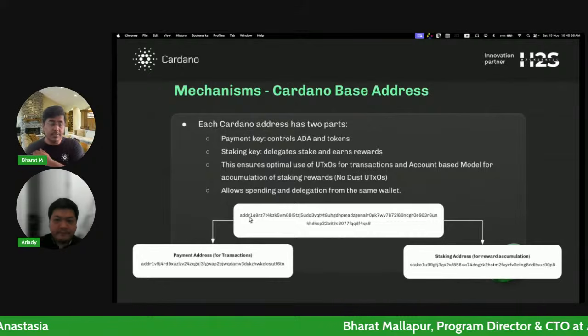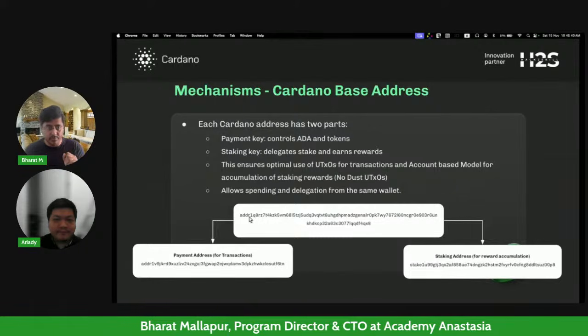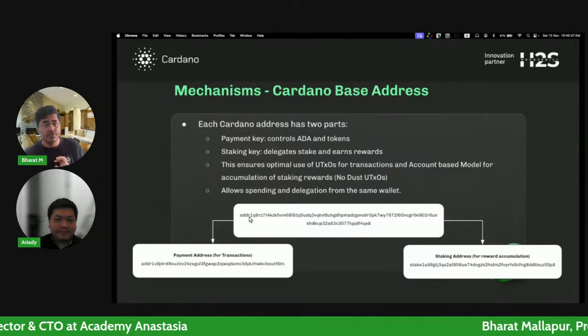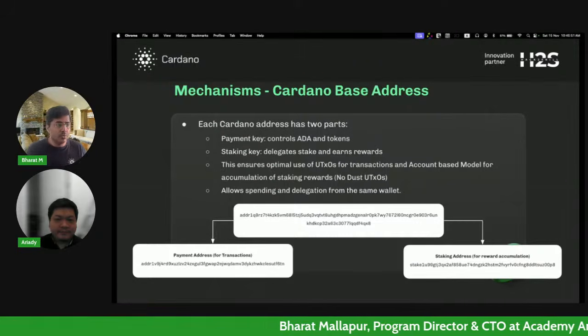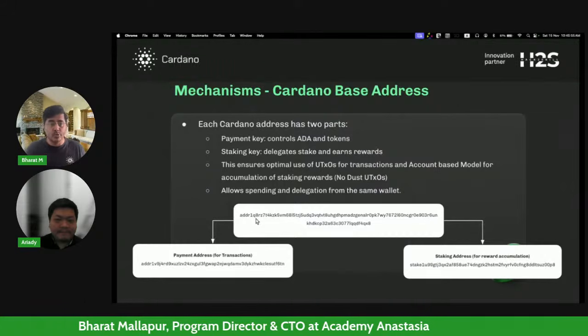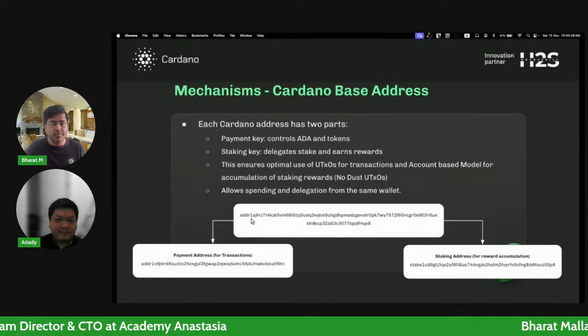As we'll see when we set up the testnet wallet, if you have addr_test1, then that address is meant to be used only on testnets. So you have addresses which are specific to either the mainnet or testnet, which makes sure that you don't get confused about which address you're using. So with addr1, you immediately understand it's a mainnet address.